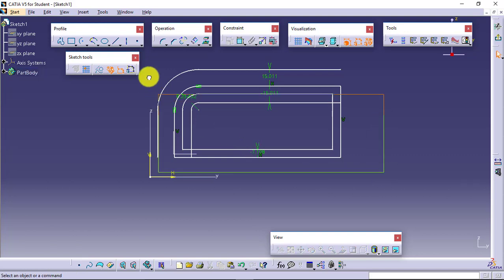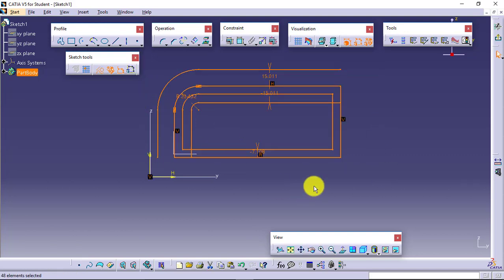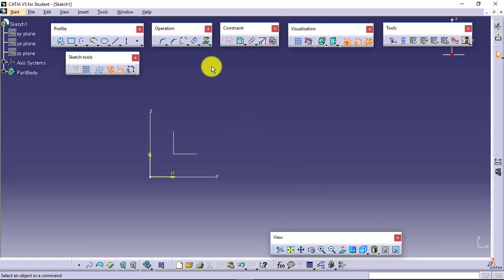This was all about the modification or editing of the sketches you have created. This particular sub toolbar related to projection we will see when we go into Part Design, because unless you have a solid, you will not be able to project that solid into Sketcher. So that's it for editing. In the next series we will see how to apply the constraints as well as how to inspect the sketches.